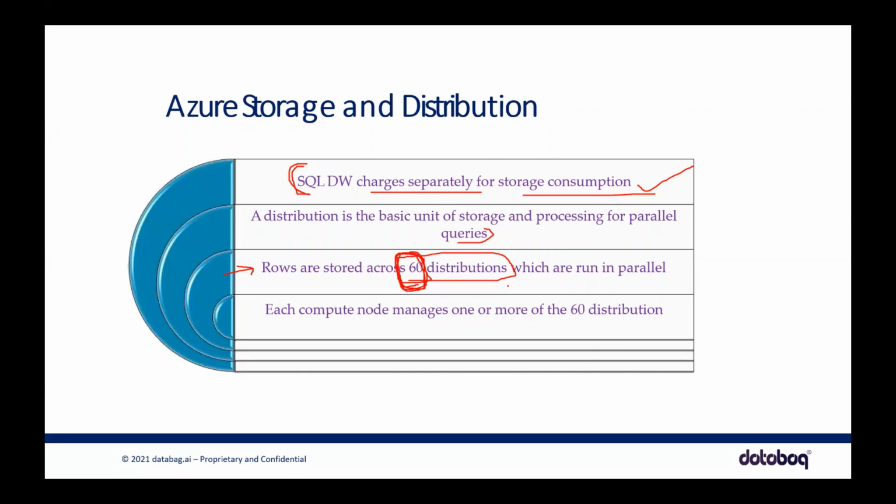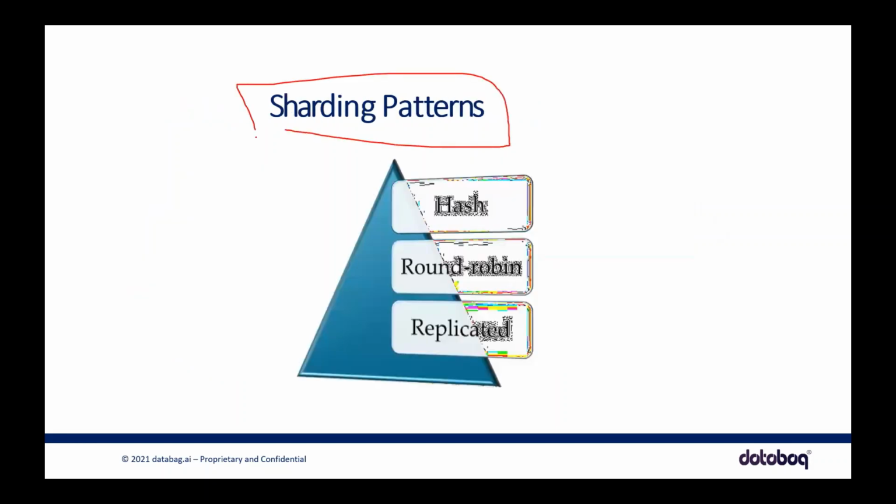So again, here we are talking about data warehouse analysis purpose, so historical data. So we assume that you have more than 60 records. We assume that you have big data, right? So each compute node manages one or more of the 60 distributions. Again, these distributions will be internally distributed. We don't know how it gets distributed. Okay, you have different compute nodes there, right? So either one node will have the entire 60 distributions, or these 60 distributions can be spread across different compute nodes. One thing to remember here is it will be distributed under 60. That's the important thing here. And again, when it comes to distribution, sharding, partitioning, you have three main types: hash, round robin, replicated. We'll see that.